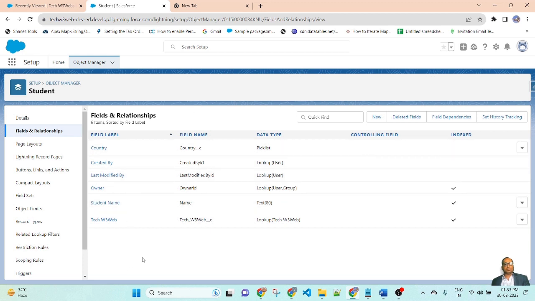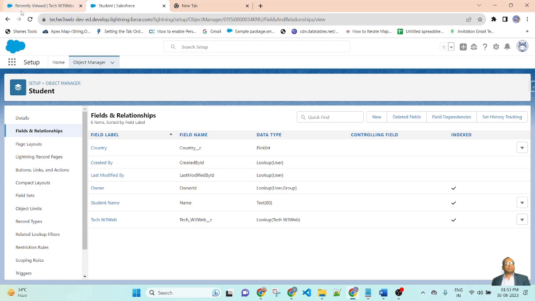Here I created two fields. The first field is a lookup relationship field, and the second field is Country. Country is a picklist, and the lookup relationship is Tech W3 Wave, which is the parent, and this is the name of the field.